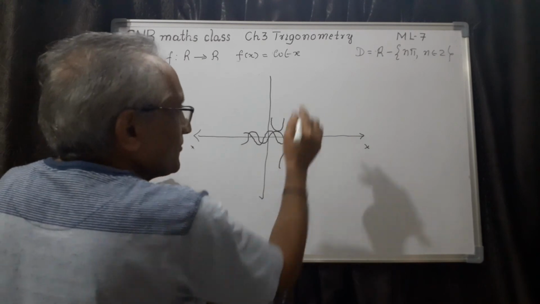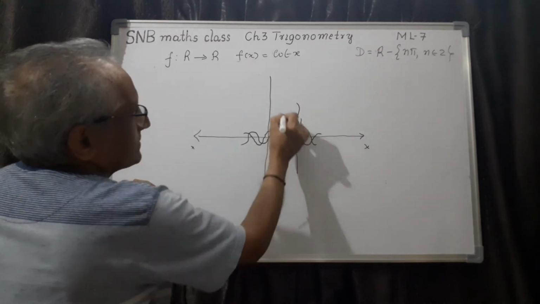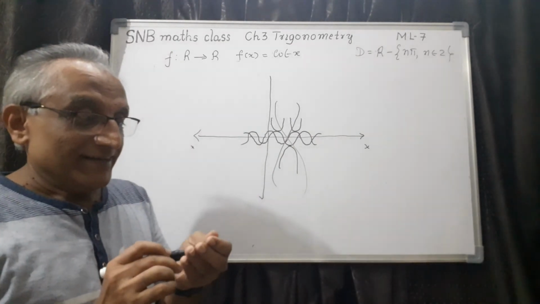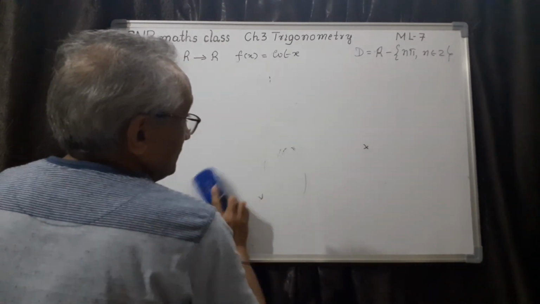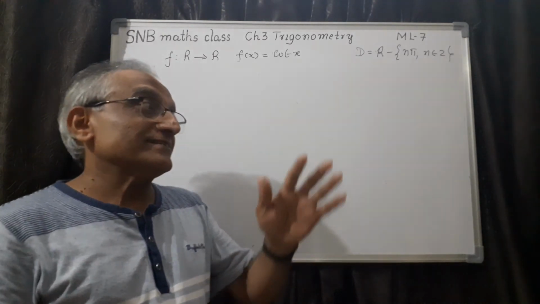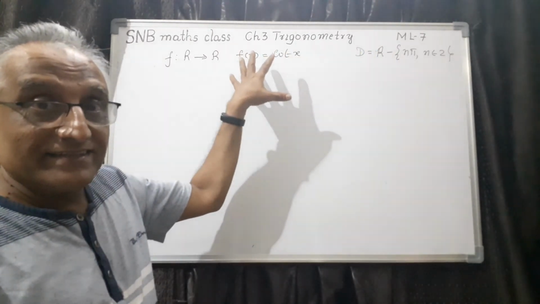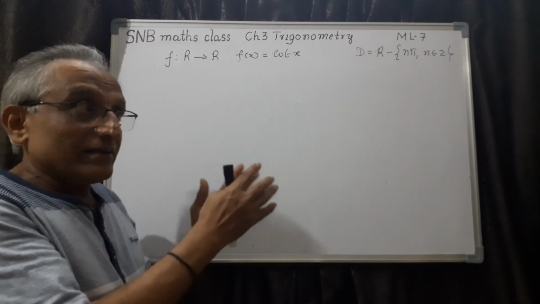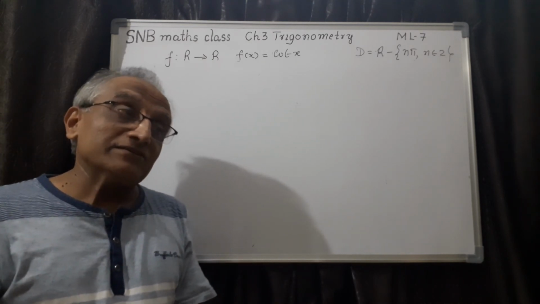Draw all of them. Then you also draw the tan graph. You make the points. Then see, some curves will be like this, some curves will be like this. Draw all the graphs with different colors. You get a very beautiful pattern, and that is quite interesting. I told you once already, trigonometric ratios are very disciplined and they have certain principles. When I was discussing the signs of different trigonometric ratios, I told you in the first quadrant it is all, then sine, then tan, then cos. In the same way, when you draw the graph, a very beautiful pattern emerges. Therefore, that is why we are drawing the graph, to understand the nature of the functions.